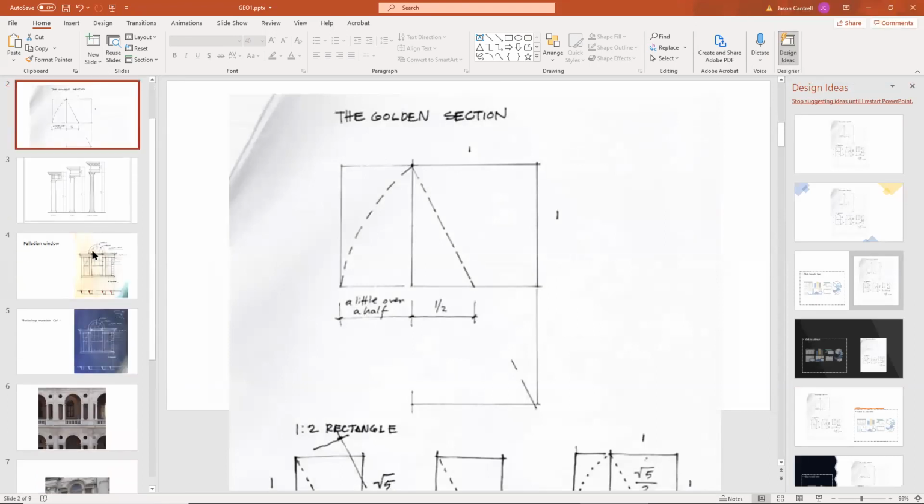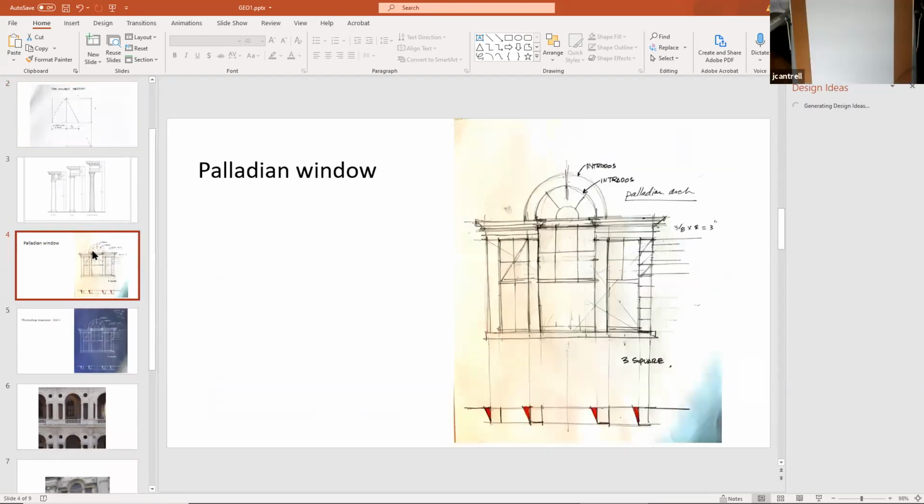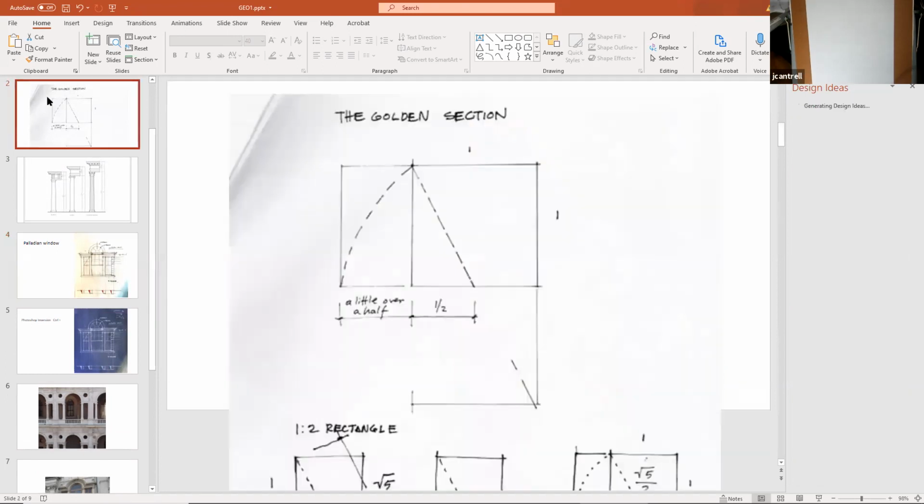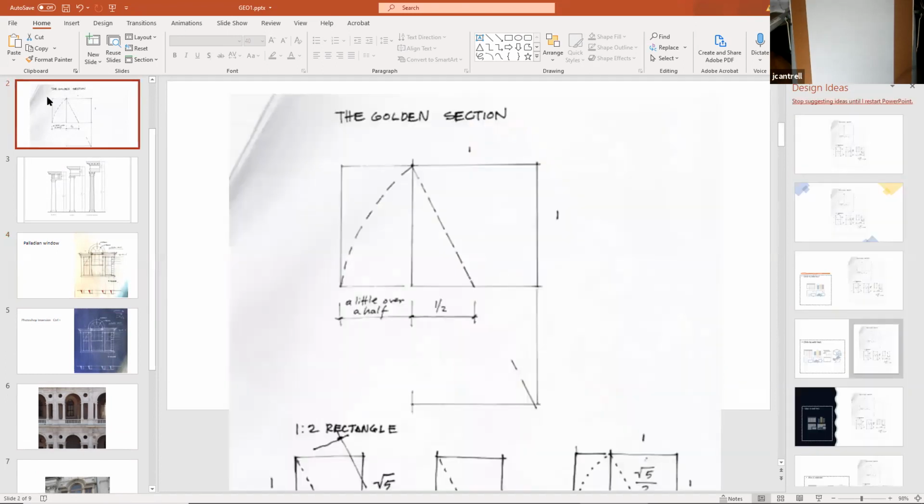Yes, looks great. Okay, so this is the second chapter in our orthogonal or orthographic projection seminar. The first one we did shadows on a small arched niche or an edicula. Today we're going to be drawing a Palladian window as a small facade study and of course a plan. There's two graphic techniques we're going to be looking at today. We're going to be drawing the Palladian window using the golden section, which of course you start with a square, and also some of the